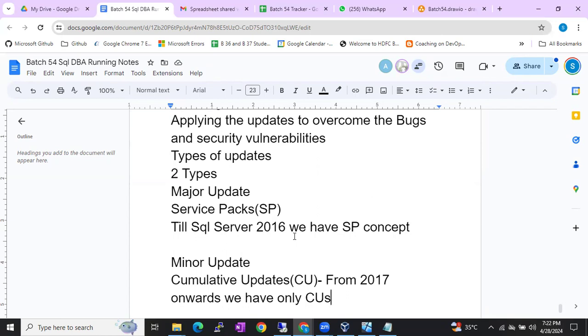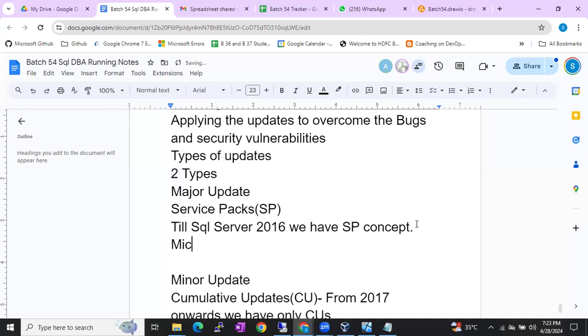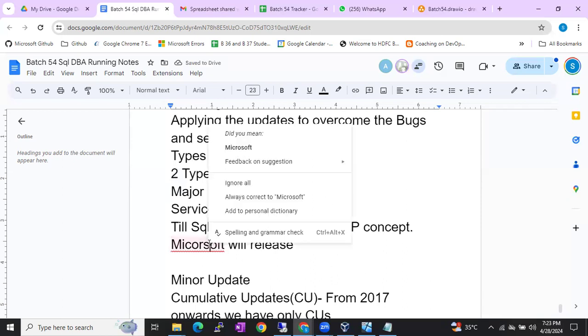So we have 2000, 2005, 2008, 2008 R2, 2012, 2014, 2016. These versions are having service packs, guys, and service packs plus cumulative updates also. Microsoft will release the service packs